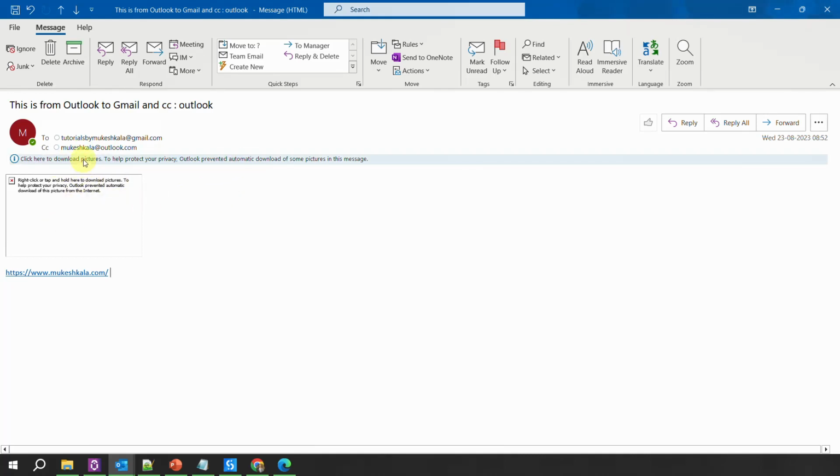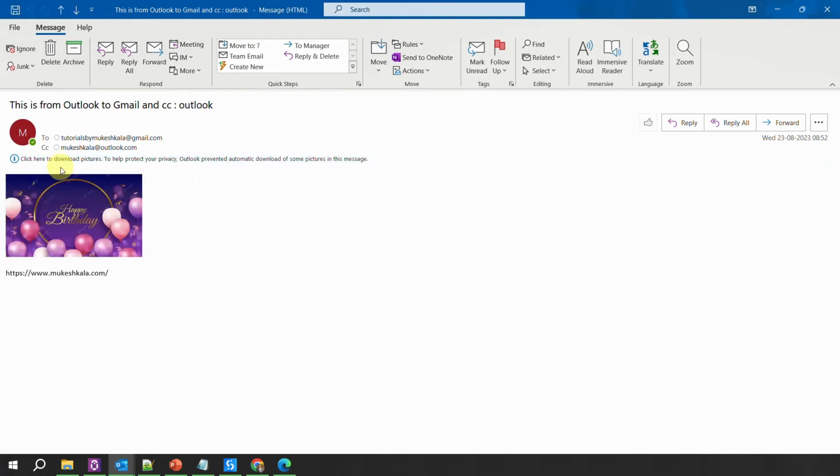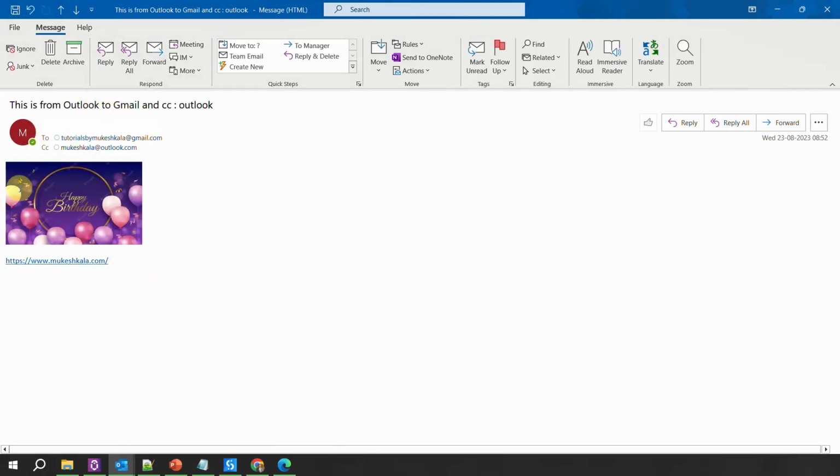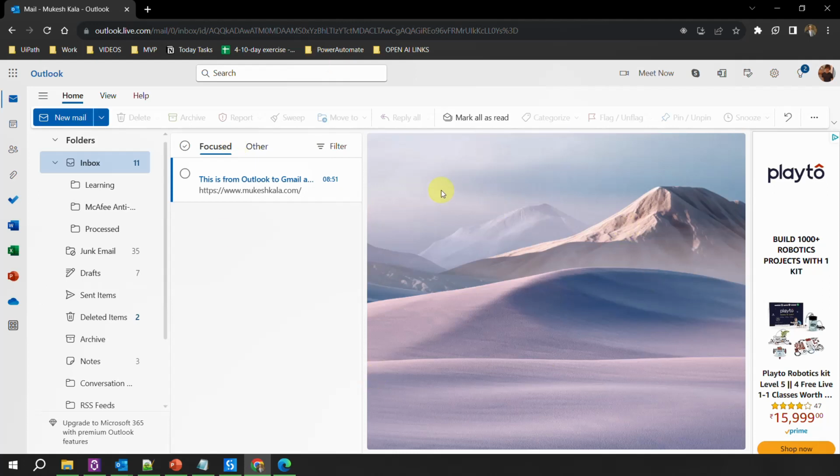So you can just click on this and say download the pictures, and you can see that this image is embedded in my Gmail account, and in the CC I have marked my Outlook account as well, right? This is my Outlook account, which is opened on a browser, mukeshkala@outlook.com. If I click on this,